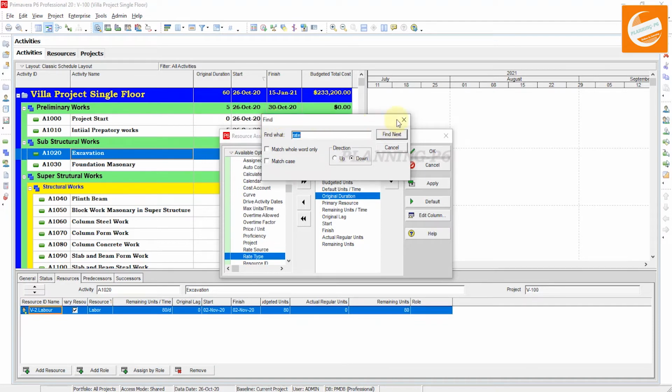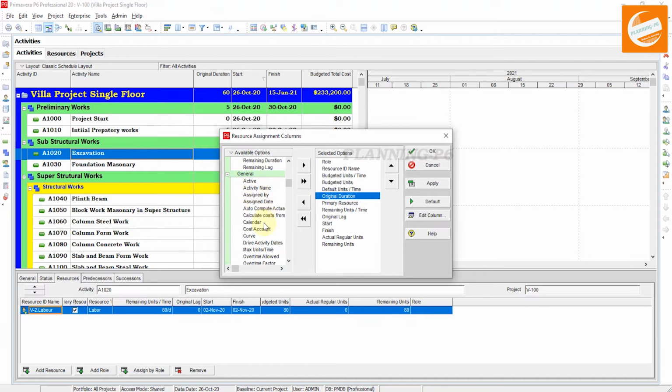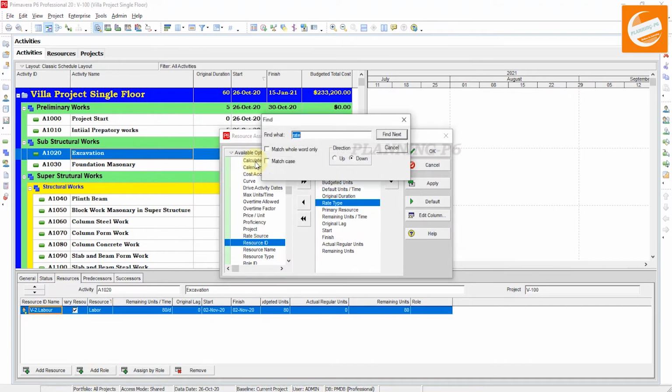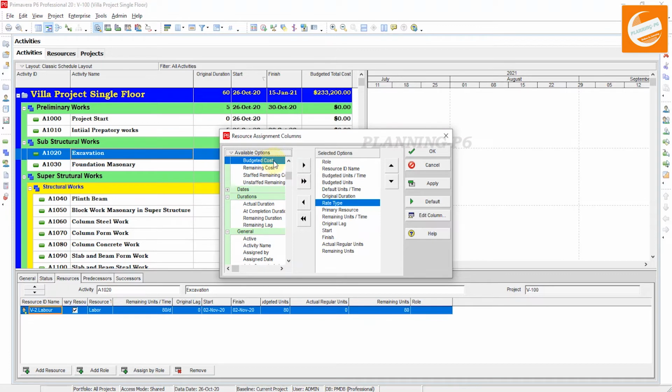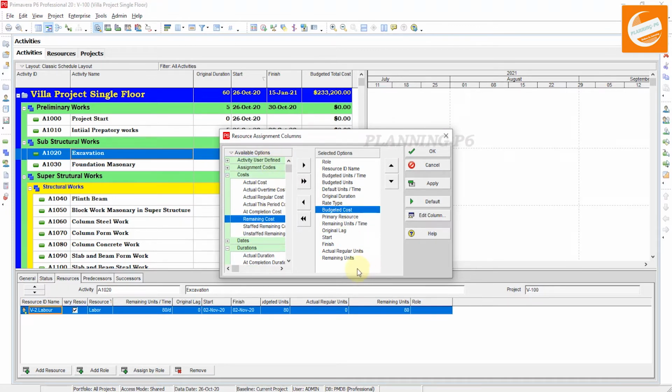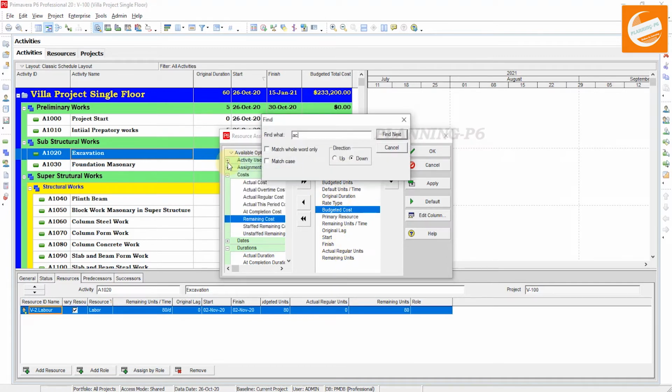Now you can see the rate type is under General. Yes, we want this rate type. Okay, rate type, then budgeted cost. We will find the column of budget cost. This is budget cost, and then we will move actual units under the budget cost, if we have them.